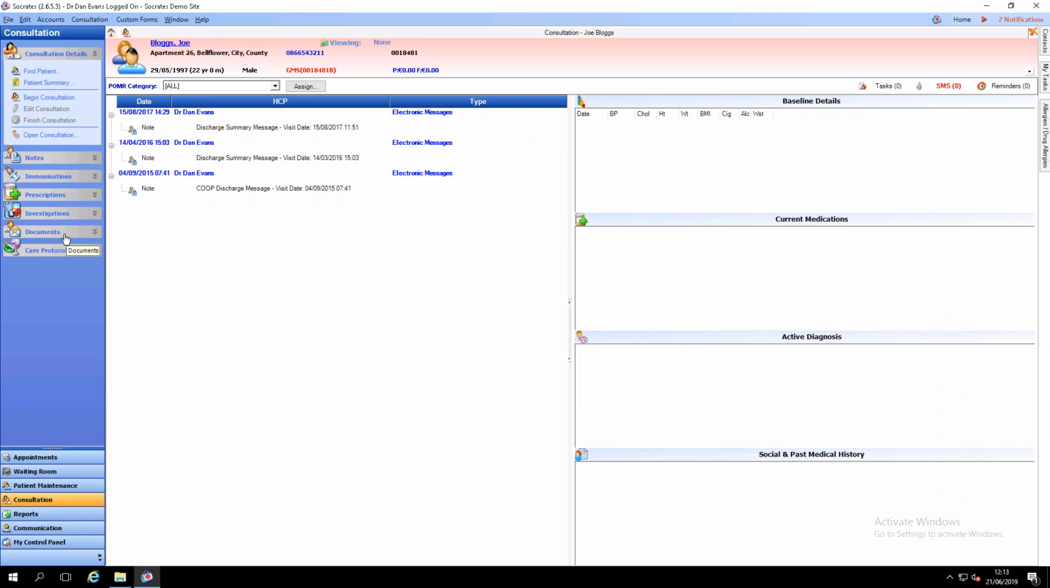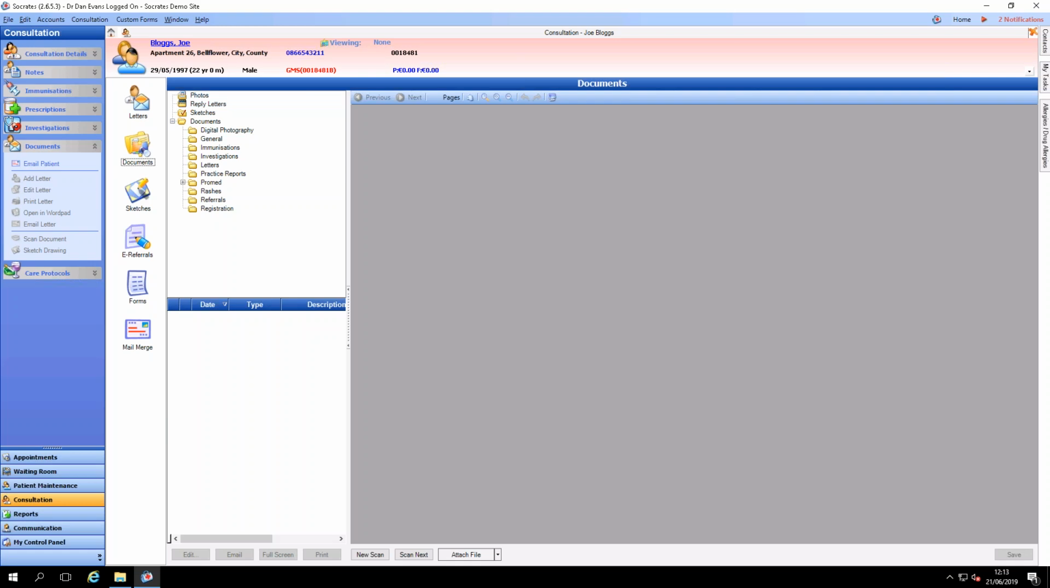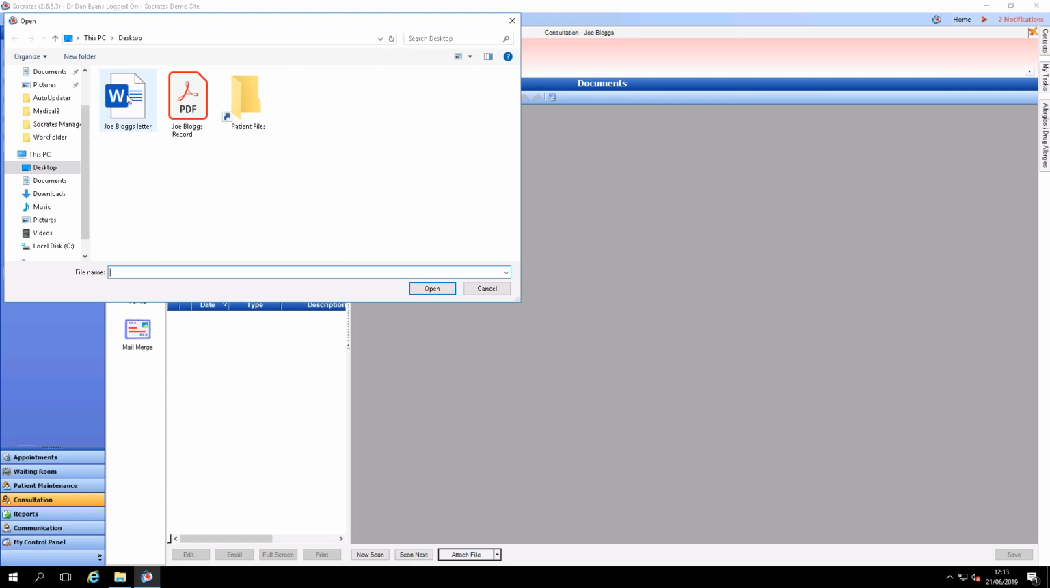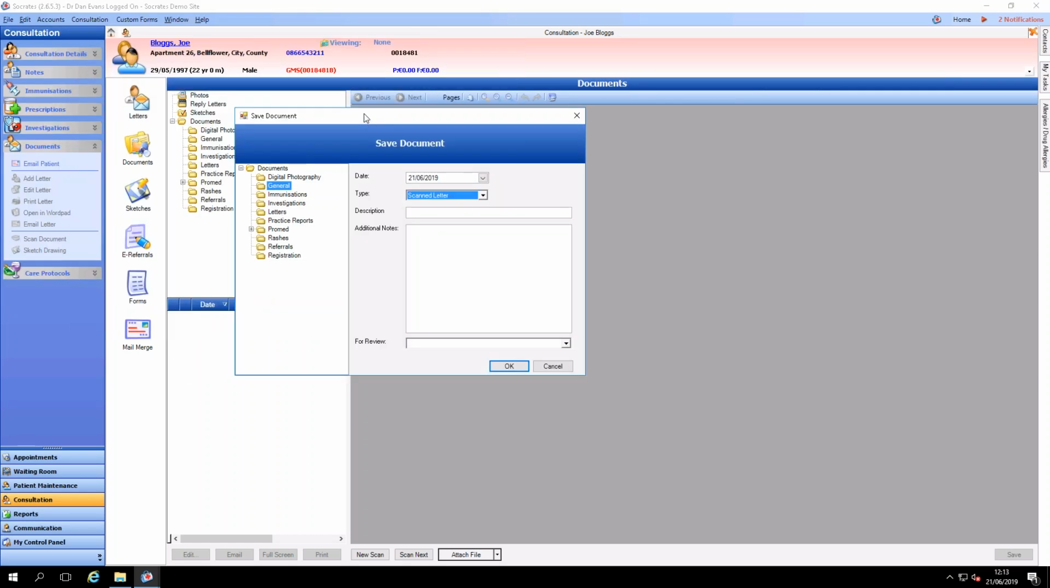You can attach documents from a patient, from an email, you just save it to your desktop and you can attach it in. So from here, if I go under documents, you've always had this feature, but there's just an extra feature that I'll show you in a moment. So if I go attach file, I want to put in this Joe Blogs letter, and it's the same window that you get when you save a scan in under the scan section. You just fill in the name of the document, and then down here at the bottom you've got for review,